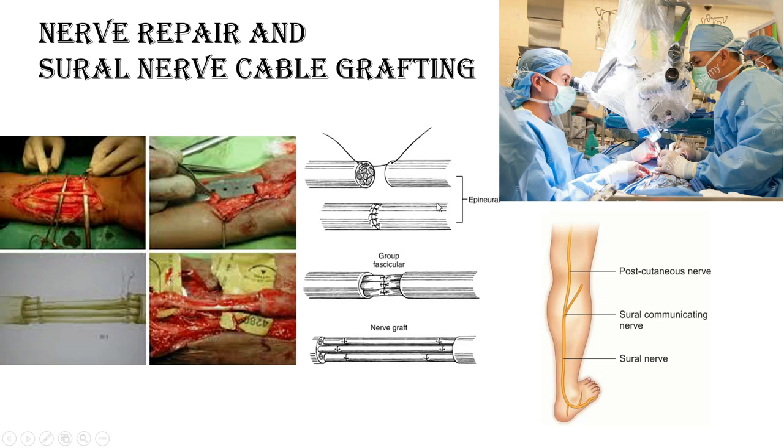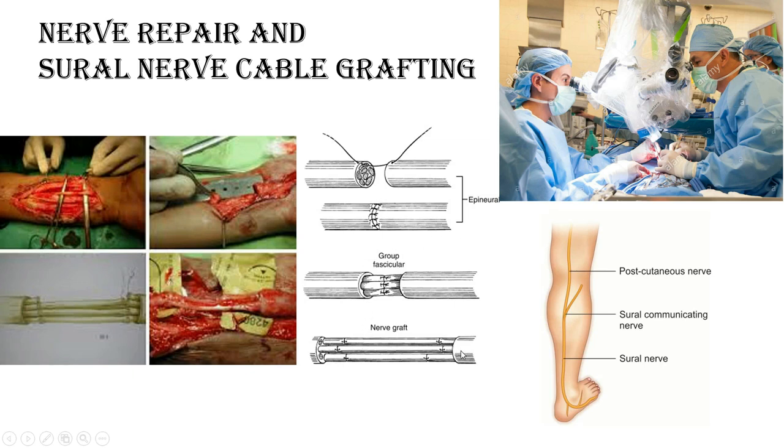And if there is any tension, or after debridement there is a small gap of at least 1 to 2 centimeters, then we have to release the nerve proximally and distally, and after mobilization we can bring both ends together and suture them. But the suture must be circumferential. But if the tension is very high and the gap is more than 3 centimeters, we cannot do this suturing under high tension because it can cause more damage to the nerve. So, to relax this area, we have to give a nerve graft.